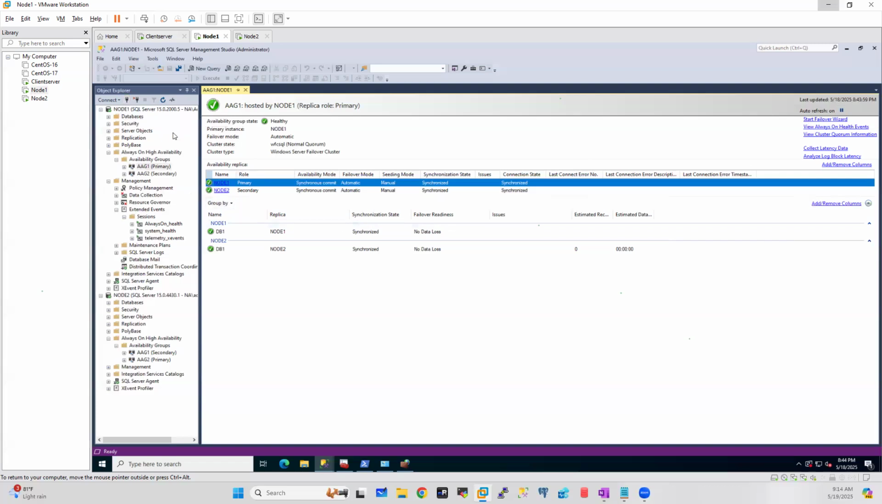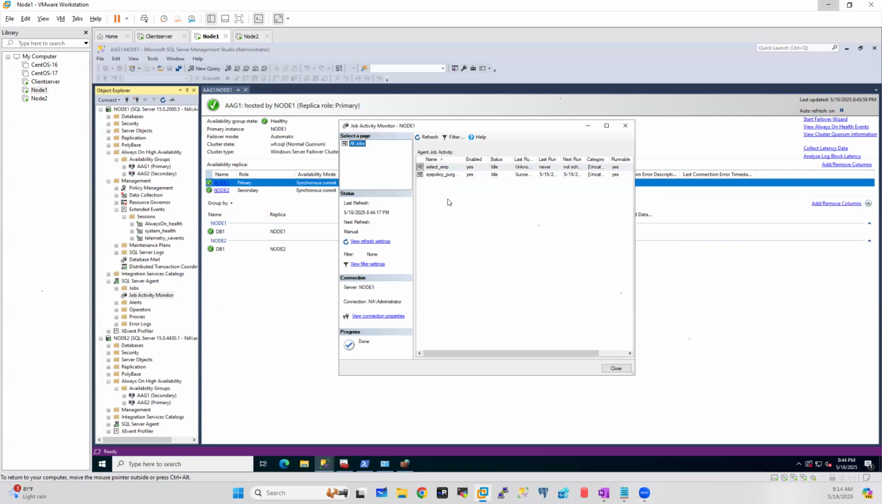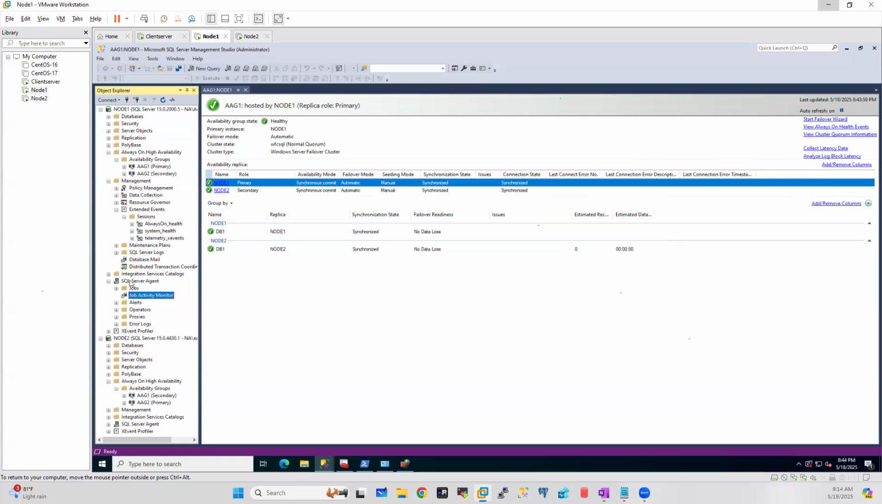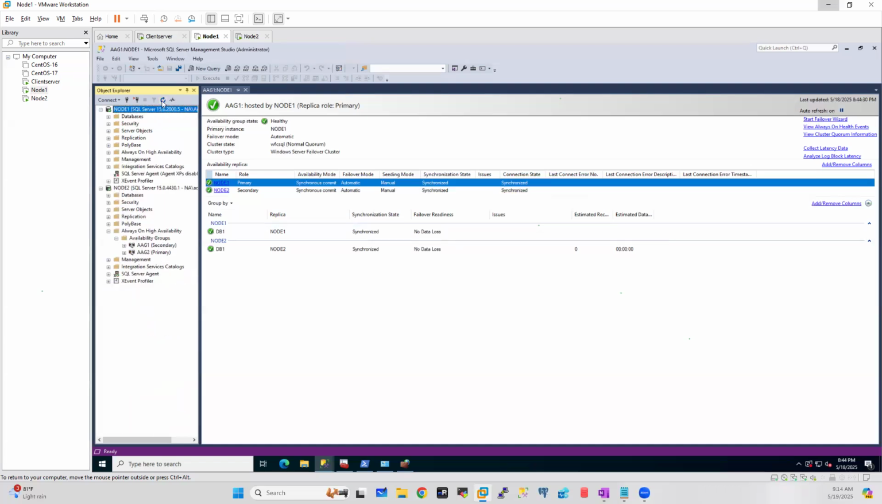If you wanted to configure an Always On availability group, is SQL Server Agent mandatory? Your answer should be no. SQL Server Agent is not mandatory. See, I can stop the SQL Server Agent, and I can still configure an Always On availability group. See, my SQL Server Agent is stopped, and